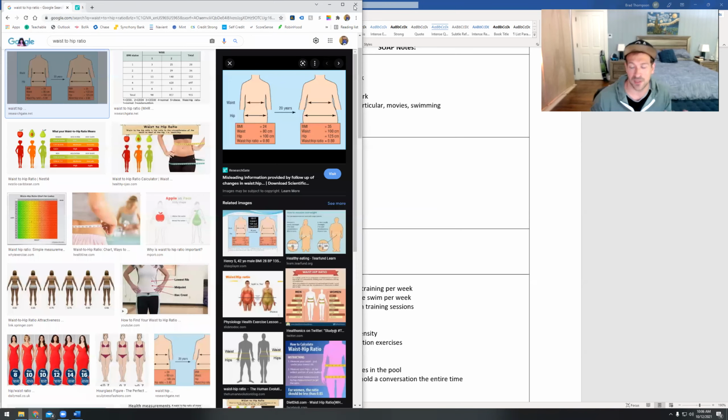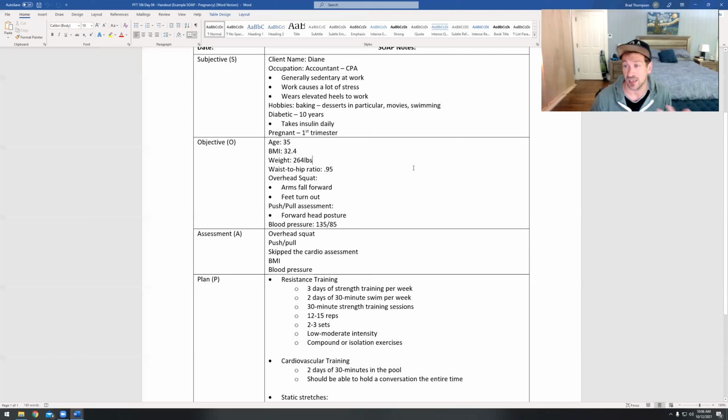You know, because we know abdominal fat in particular is the most dangerous. Like I said, it starts to act like its own organ. It starts to have its own metabolism. Really dangerous stuff there. Doing the overhead squat, we saw her arms fall forward, and we also saw her feet